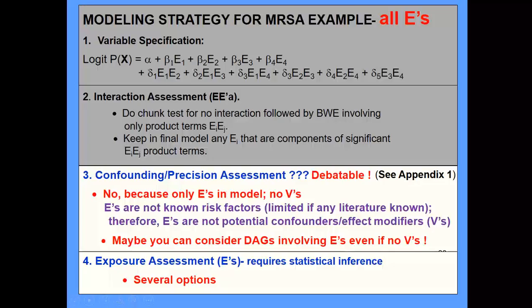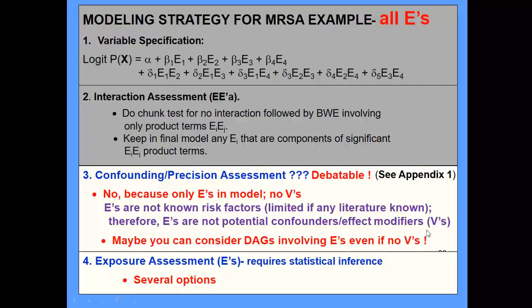Forget it. You don't have any V's in the model, so don't consider it. Another argument might be, depending upon the way you view things and what you think you know about the literature, even though you know more about the V's than you know about the E's, maybe you can still figure out some DAG involving the E's that you still want to work with. Well, that makes this whole question very debatable, and it's, as I sort of said last time, it's complicated,